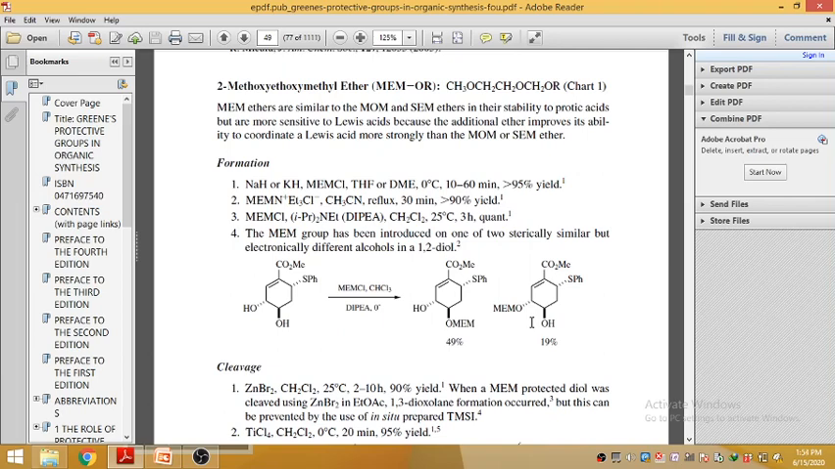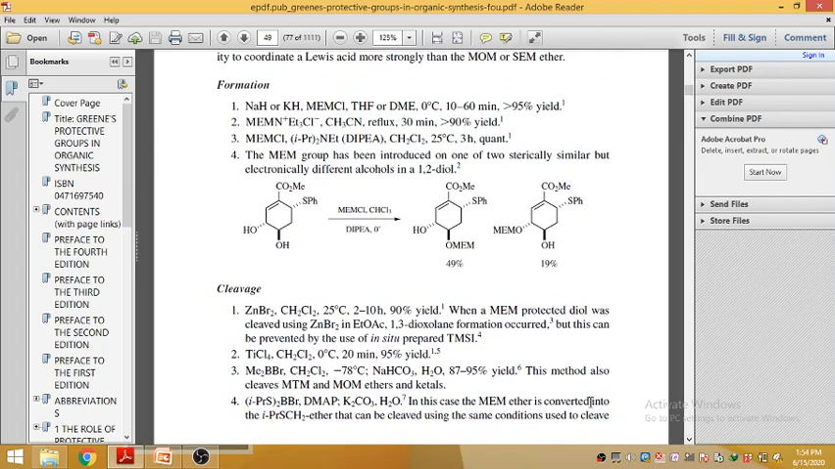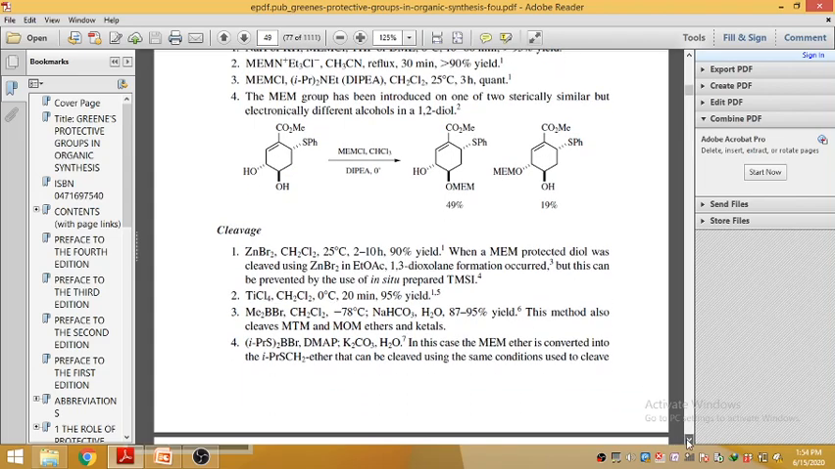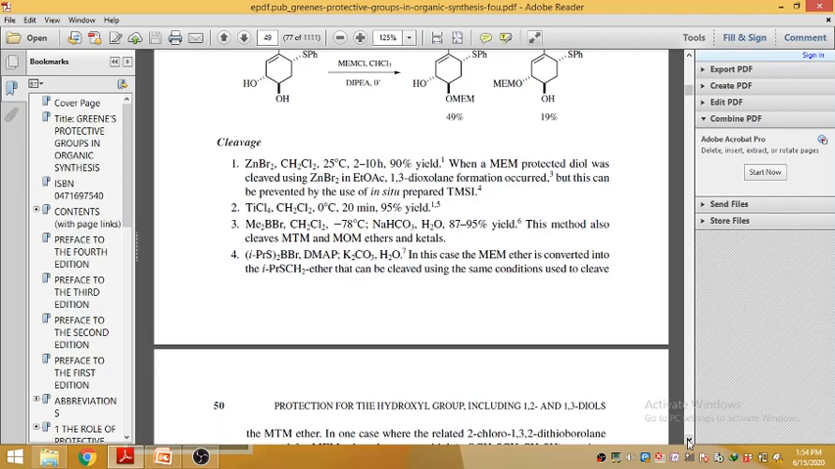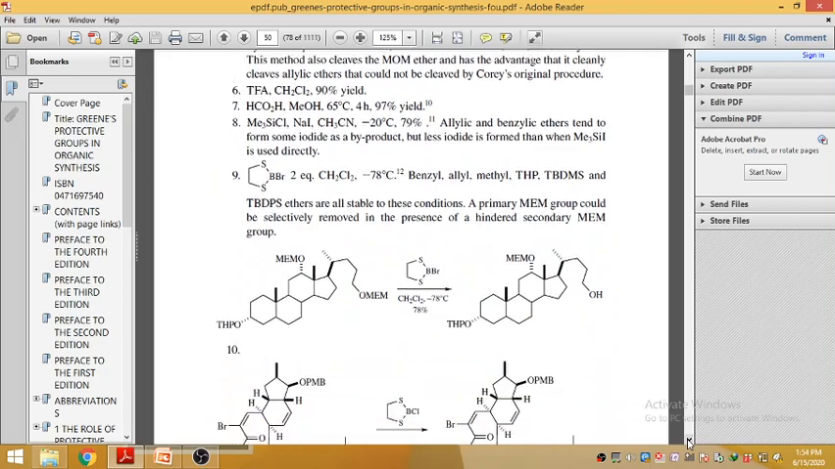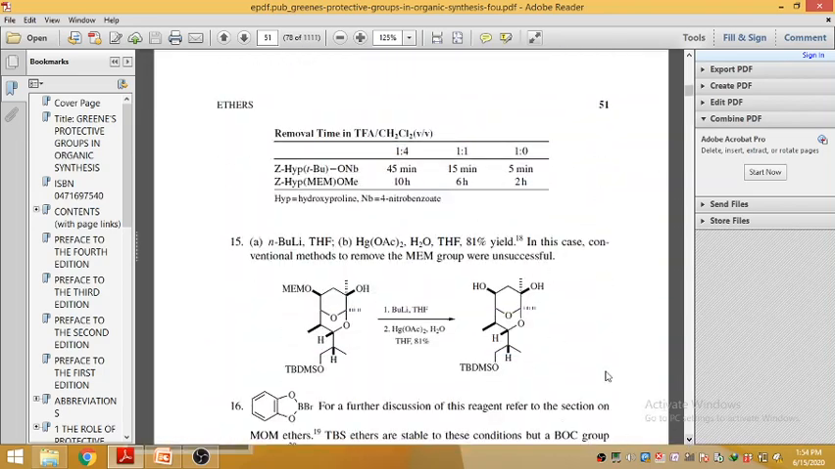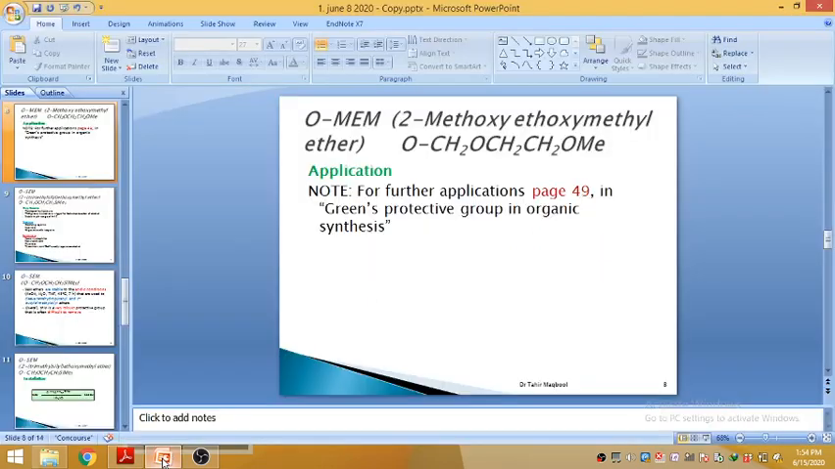Similarly, here are some methods for its cleavage. In the first method, zinc bromide, we have also mentioned in the gibberellic acid synthesis. There are other reagents which have been applied for its cleavage. So you can get these references down here, get these respective papers and see the examples in detail. So I move on to the next group,